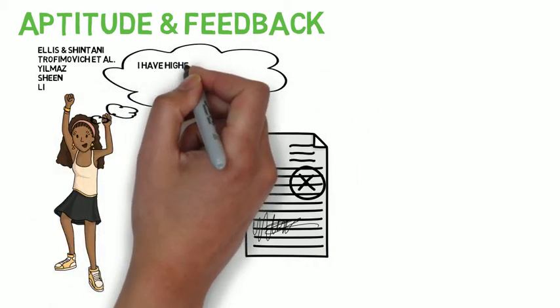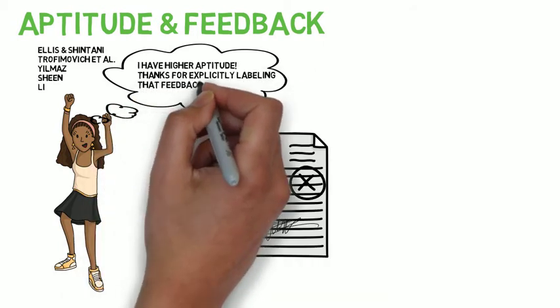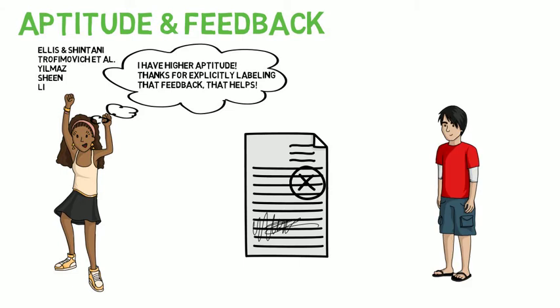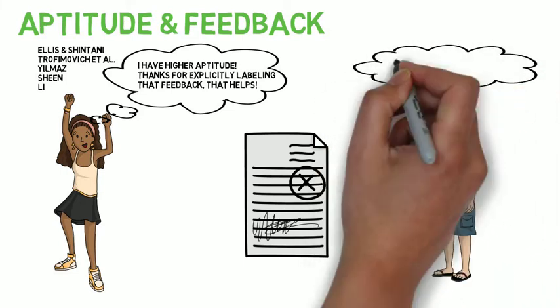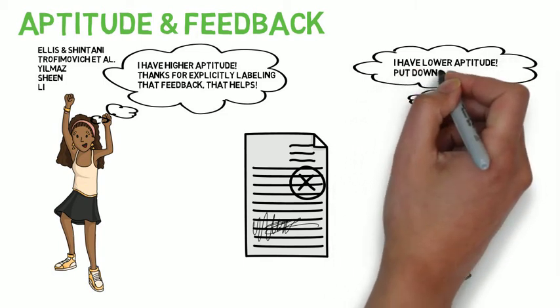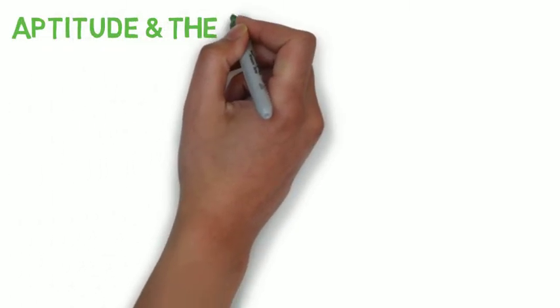Out of 4 studies, 3 strongly indicated that high aptitude learners do benefit from explicit feedback, or correction that's clearly labeled. If correction is not explicit, they don't benefit as much. On the other hand, learners with lower aptitude didn't seem to benefit from even very explicit feedback. This makes sense. Learners who are sensitive to how language gets put together may benefit more from being told outright about it, and how they're doing it wrong, and how to do it right.